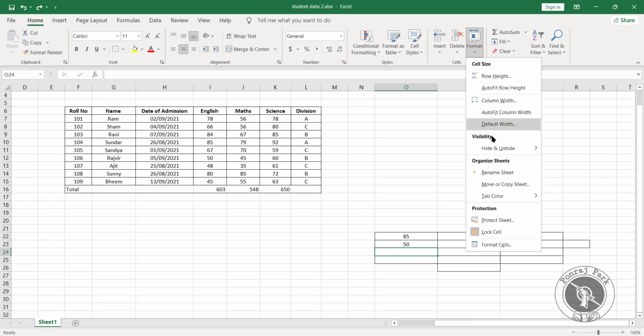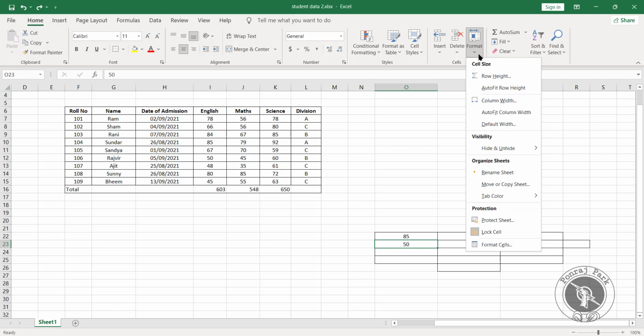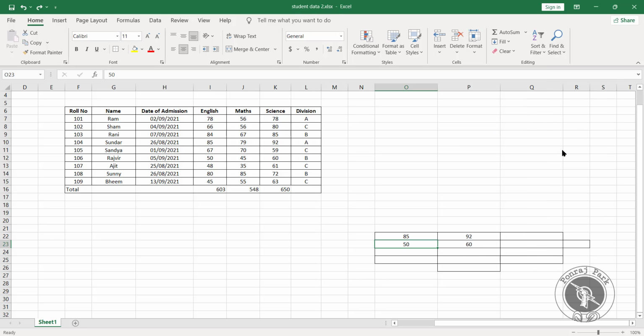So next we have visibility. If you want to hide or show any rows, you can use that. So suppose I want to hide a row. Let's take this row as an example, I want to hide it, or you can select multiple rows likewise. Now I'll make it hidden. So you can see it got hidden.